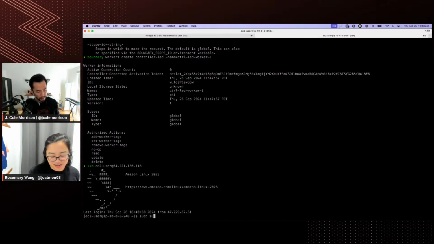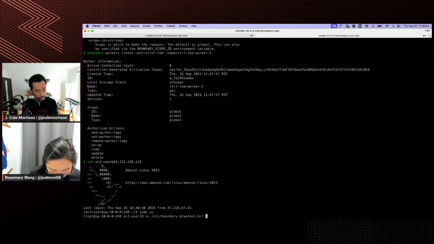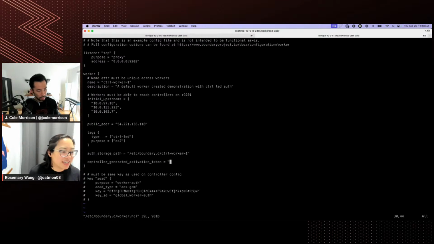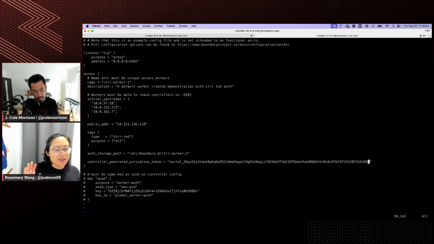Okay, and then we're going to root and then go into the worker.hcl. All right. And you're going to paste it into that activation token. Okay. So from a sequencing standpoint, if you were to automate this, you could copy this token into an environment